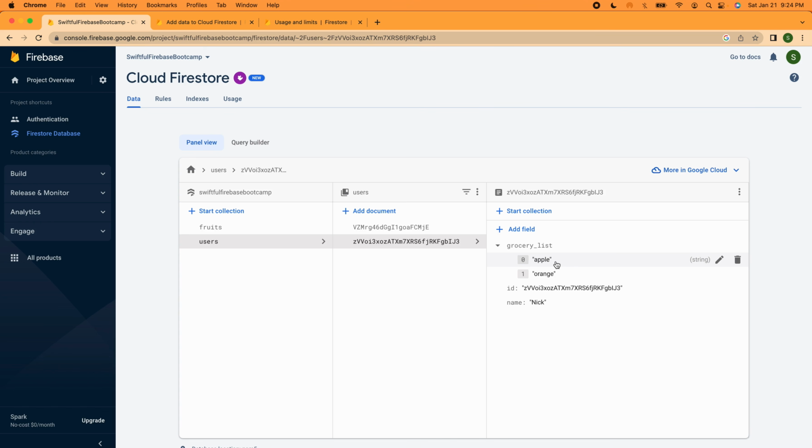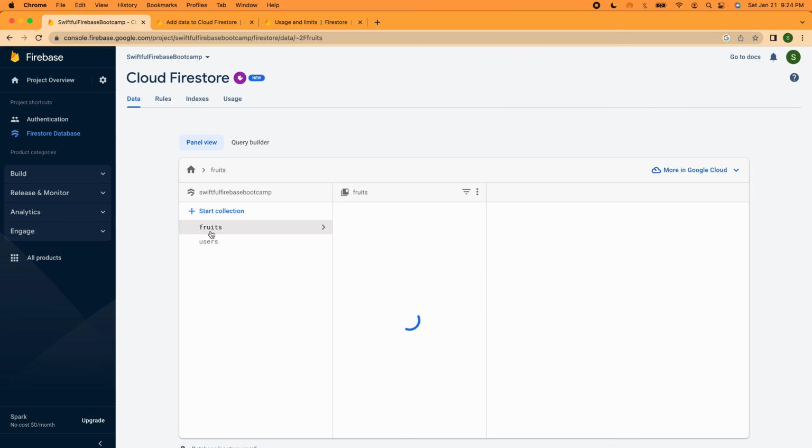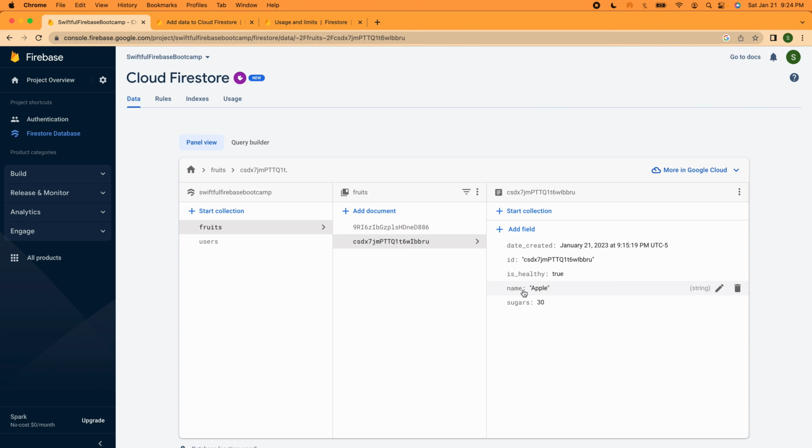So it could work, right? Maybe we are being case sensitive in our app, or maybe not. So we have a way to map which one is an apple or which one is not. So if you had it set up like this, you would have to run a query on your fruit. So you would say, fetch the fruit where the name is equal to apple. And that's definitely doable. But there's actually a better way to write this, and that's by using these IDs, which